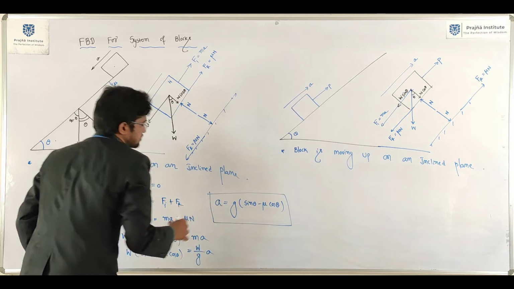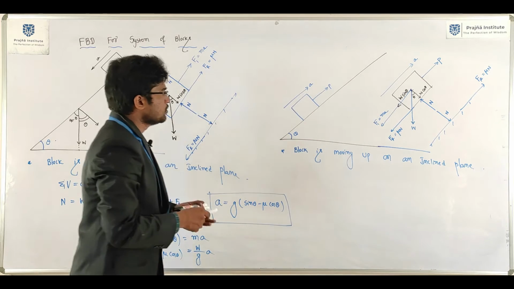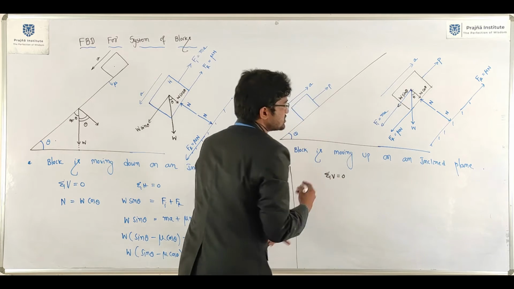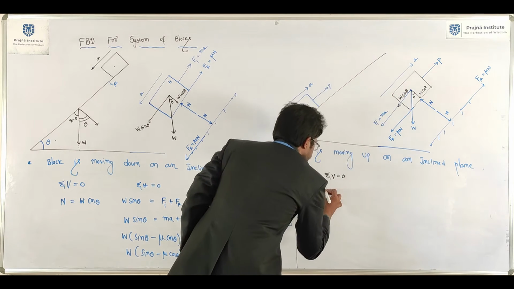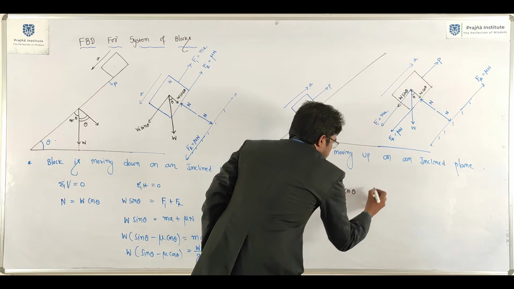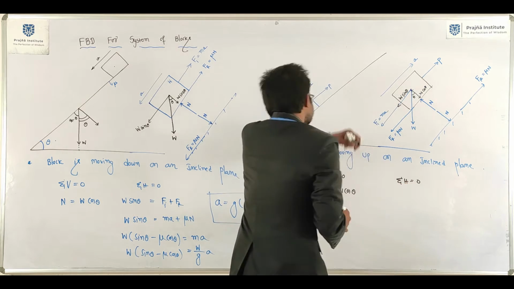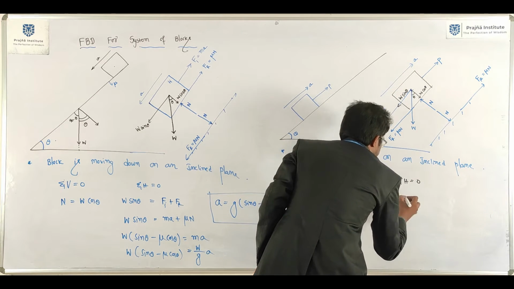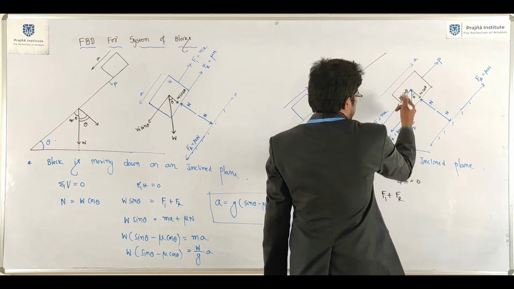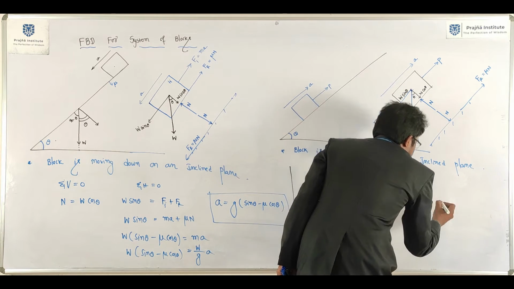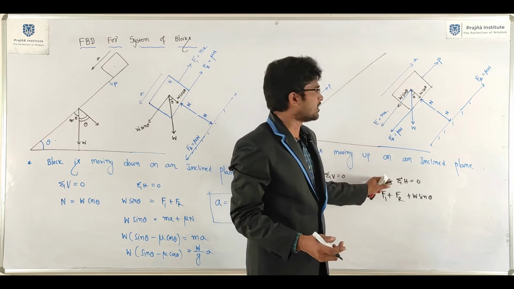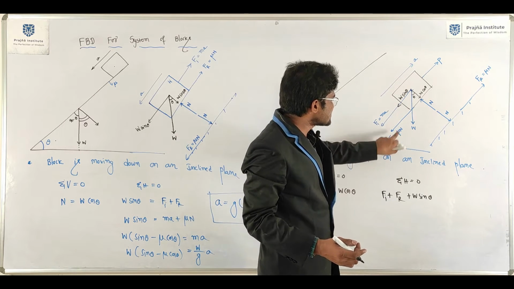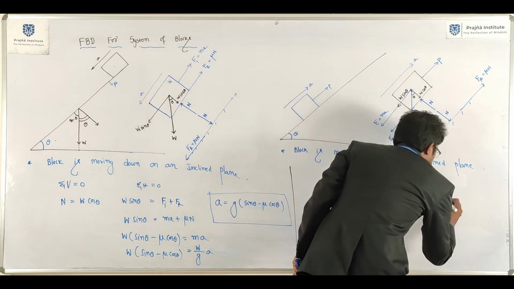Okay, this is the acceleration of the block when it is moving down. Now just apply here sigma V equals 0. Here also the same thing, W N equals W cos theta, sigma H equals 0. Here tell me, what will you get? Inertia force plus frictional resistance plus W sin theta. Here sigma H equal to 0 means sum of the left forces equals sum of the right forces. Inertia force, frictional resistance plus W sin theta equals P.